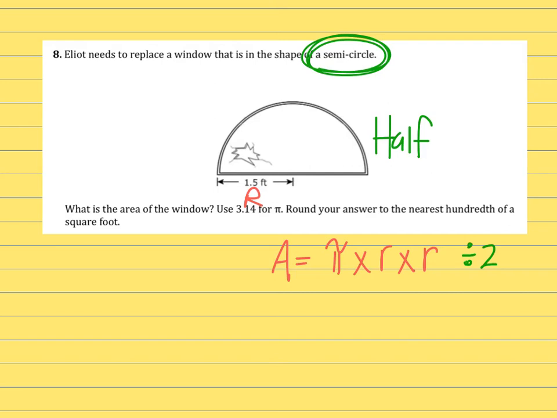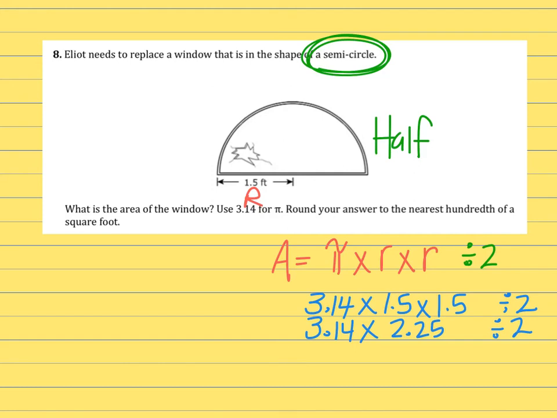Again, it tells us to use 3.14 for pi. And then radius is already labeled in the diagram, so 1.5 times 1.5. And then at the end, I'm going to divide by 2. 1.5 times 1.5, I'm going to do that part first. And that equals 2.25. And then again, I'm going to save dividing by 2 for last. 3.14 times 2.25 is 7.065. And then now I would divide that by 2 so I could just get the area of the window. Half of 7.065 is